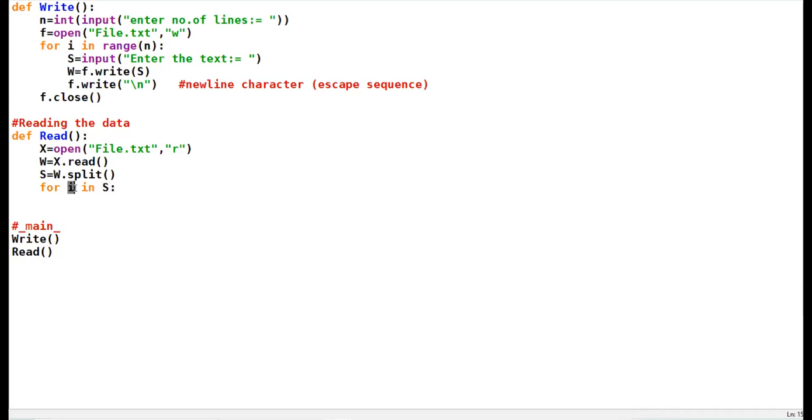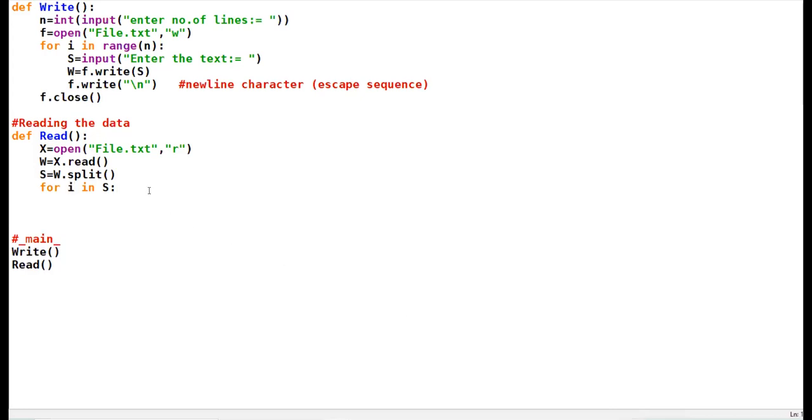I is referring to each word. I in the previous programs was referring to an individual character. But now I in this for loop is referring to each word. अब I एक कैरेक्टर को पॉइंट नहीं कर रहा, अब I एक वर्ड को लेके चल रहा है, पूरे एक वर्ड को.